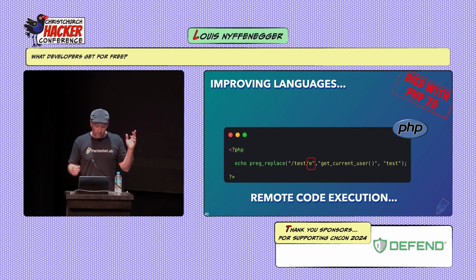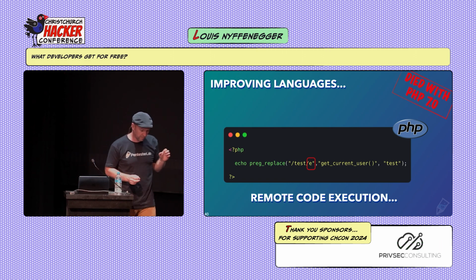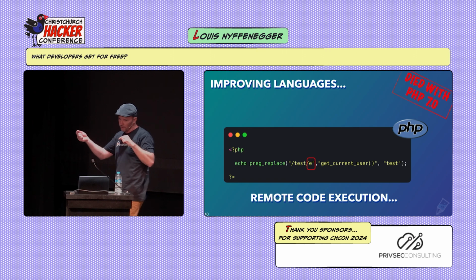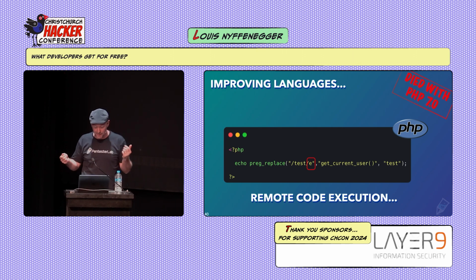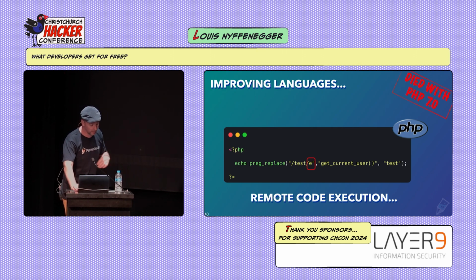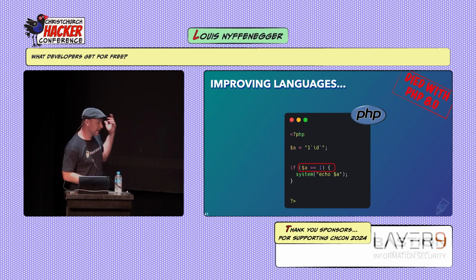With the e flag here, which at the time told PHP to do the replacement and, once done with the replacement, run the result as PHP code, which is mental. Many websites got owned because of that, and so they decided to remove the feature. PHP again,